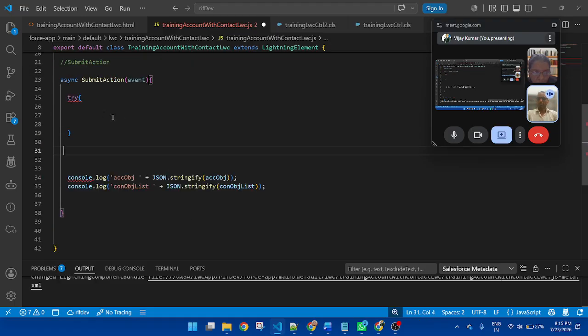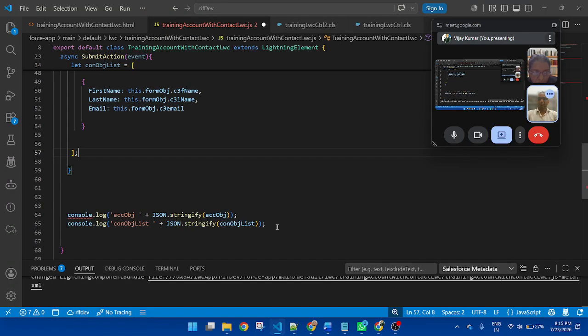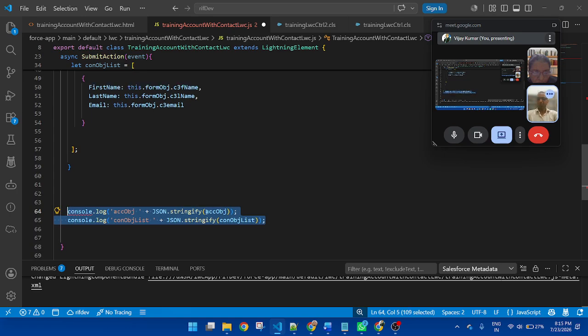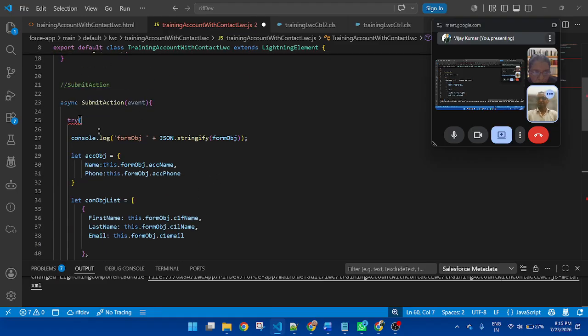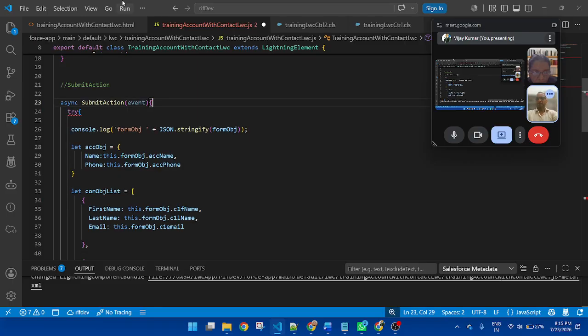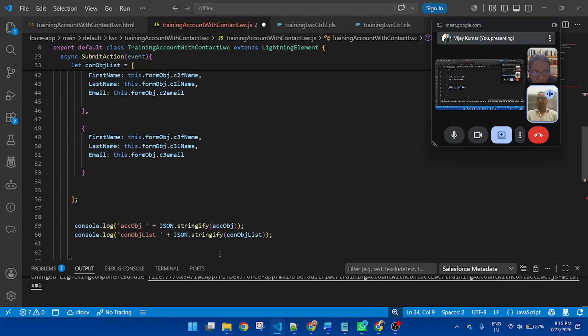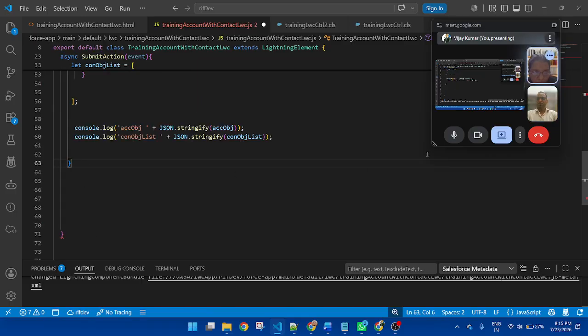Cut all of the code and paste here. This is the console also. Okay. So if you are applying try and catch, this is a try, and after the try, use catch. And this is a catch.